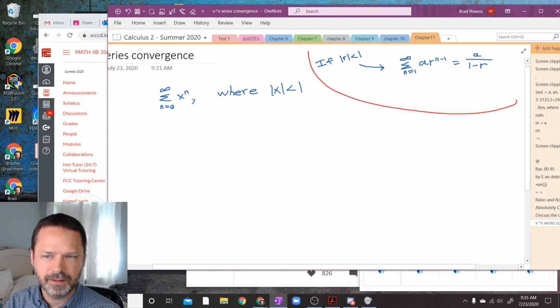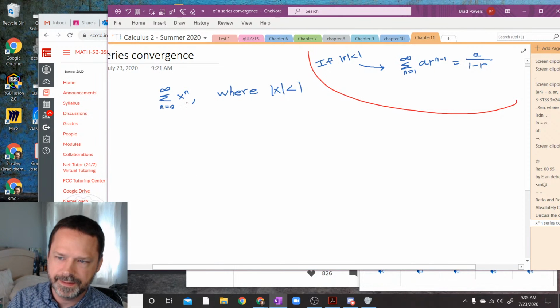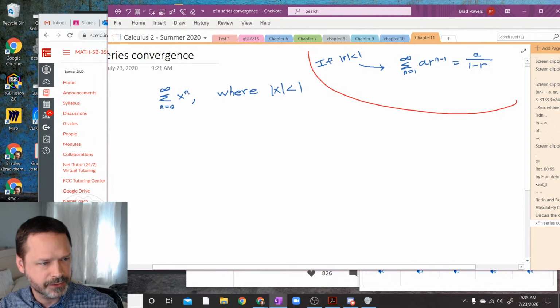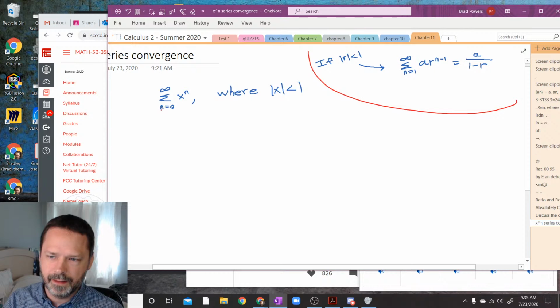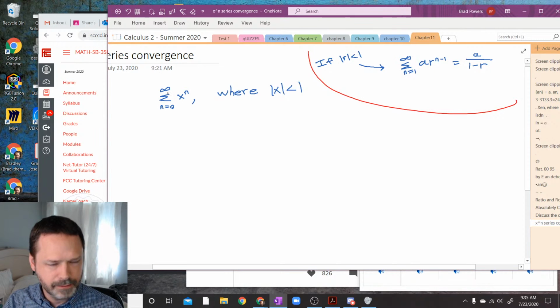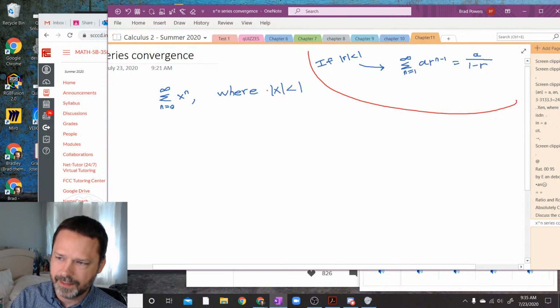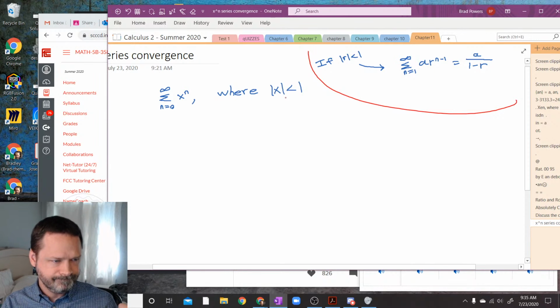So, let's talk about the convergence of this series, x to the n. And let's say, actually, I know it converges, and I want to find what it converges to. What is this sum? The sum of x to the n as n goes from 0 to infinity, where the absolute value of x is less than 1. So first off,